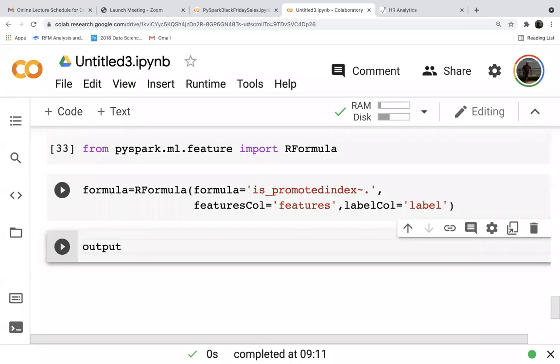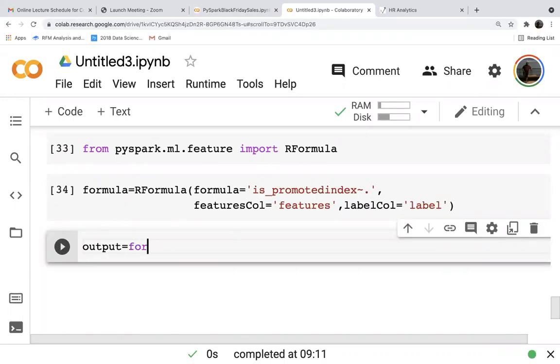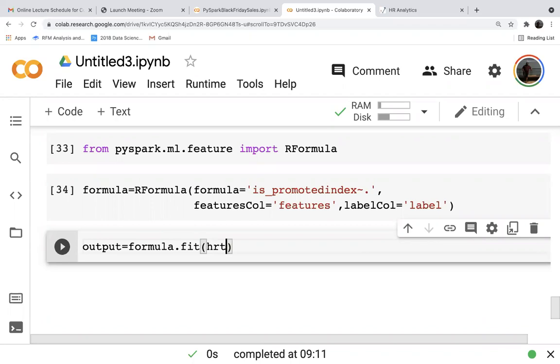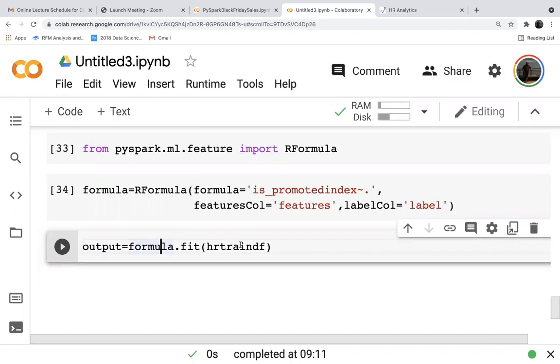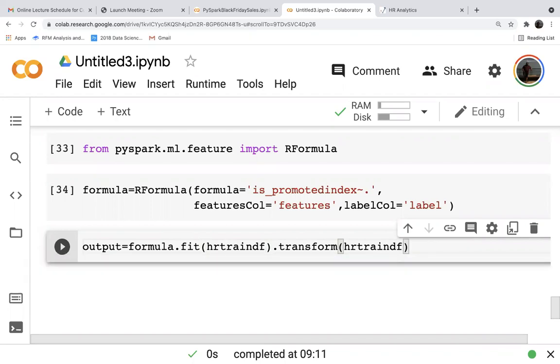Output equals formula.fit(hr_train_df).transform(hr_train_df).